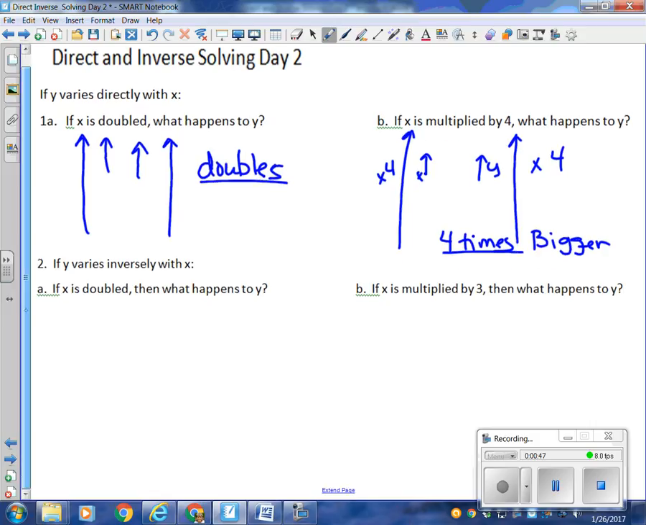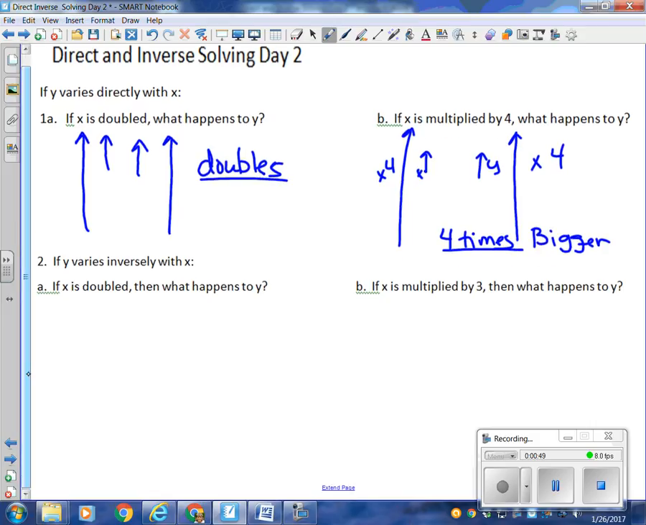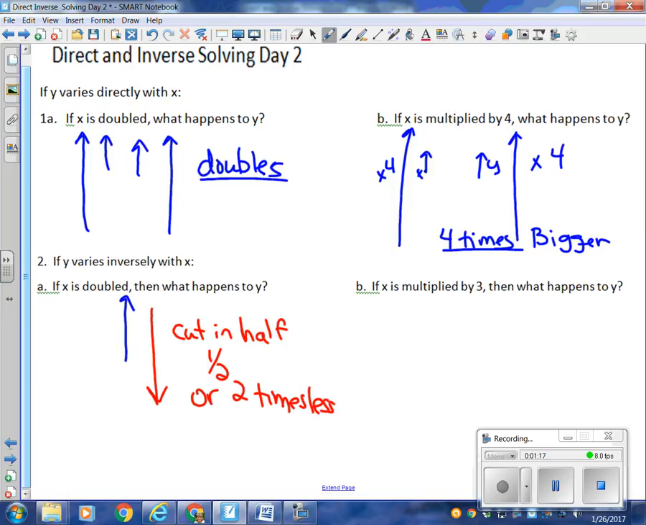All right. Number 2, if y varies inversely with x, and x is doubled, what happens to y? So if x gets twice as big, remember, as one goes up, the other goes down. This one should also get twice as small. So it's actually going to be cut in half, or 2 times smaller or 2 times less. Okay, either way you want to say it. 2 times less is still the same thing as cut it in half, so it's going to be half as